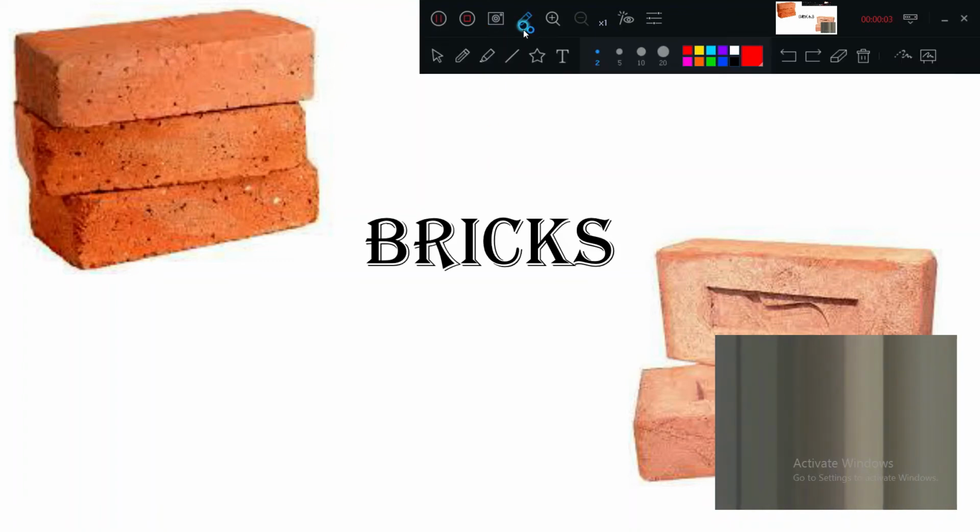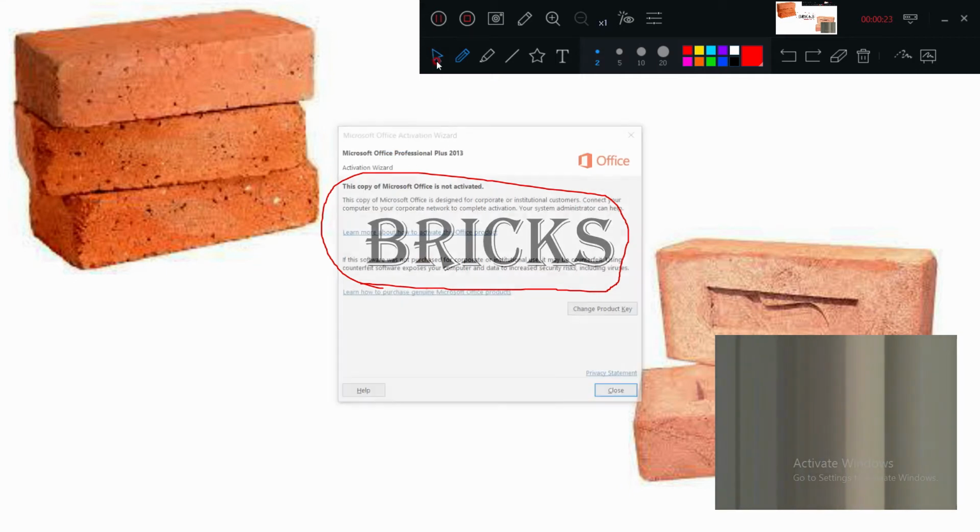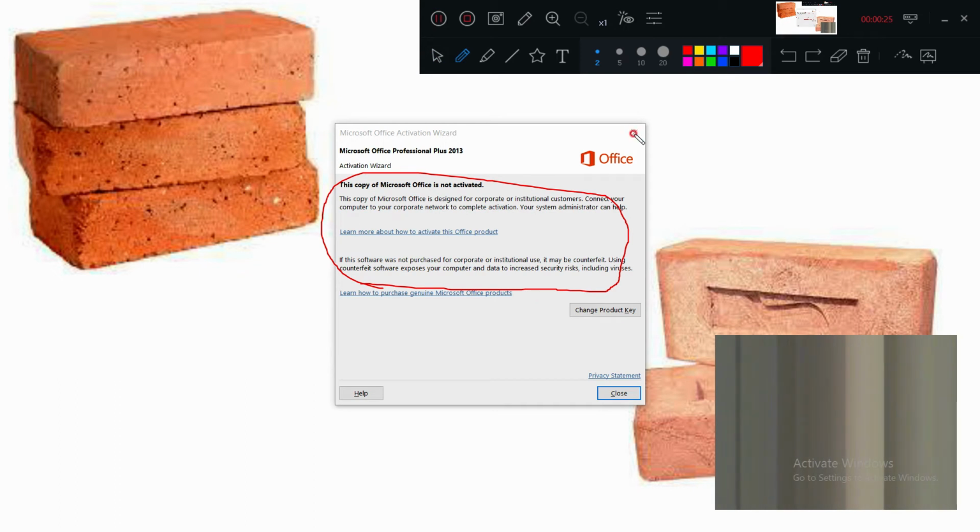Okay. Good morning, everyone. Today we will start with the new chapter in the first module, that is bricks. So what are bricks, how will the manufacturing of the bricks be done, what are its requirements, and what are the qualities of a good brick. So all those points we will study.